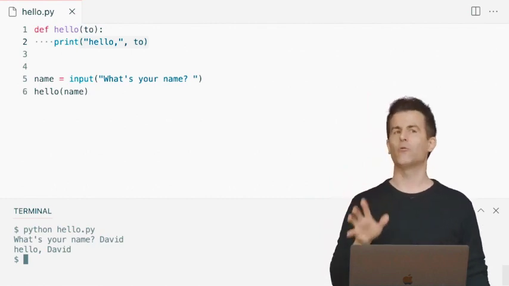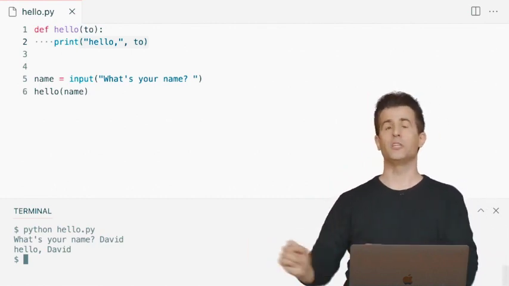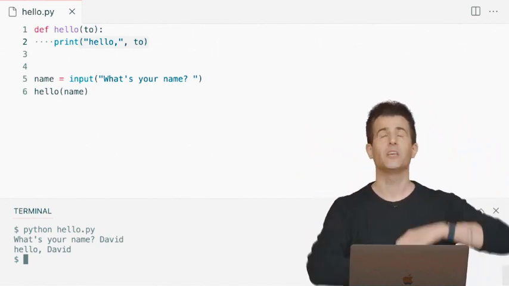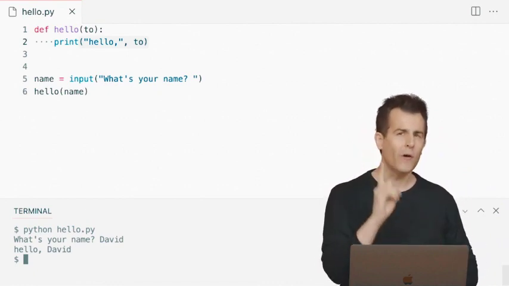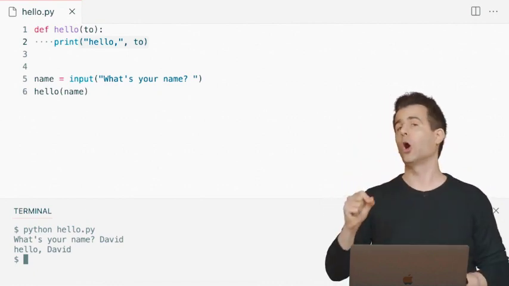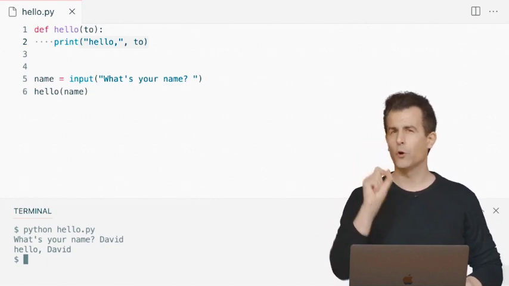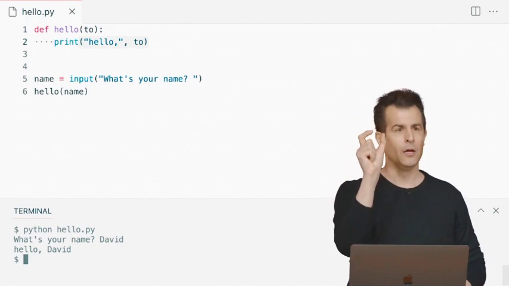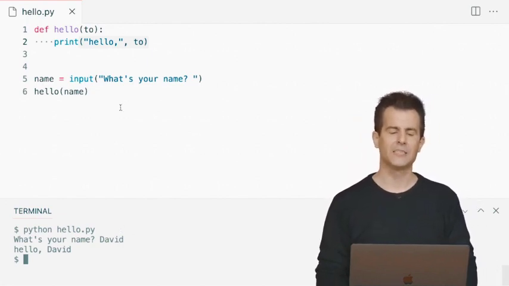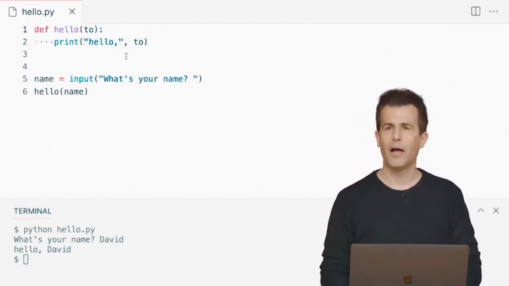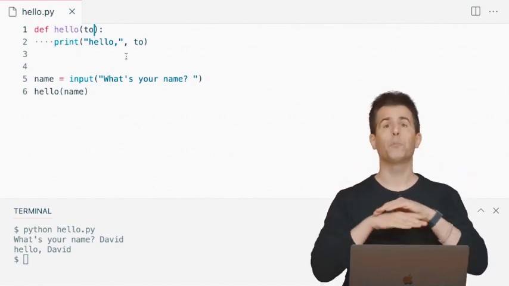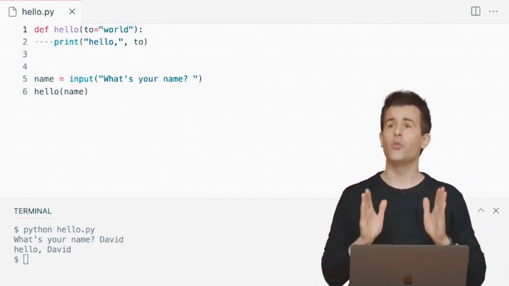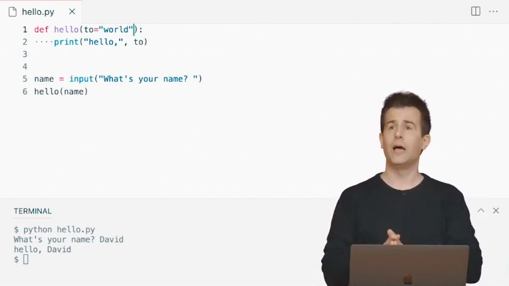And here's where now things can get really fancy. What if you wanted your hello function to say hello to someone specific, but you know what? If you don't know who you want to say hello to, you want to say hello to the whole world, you can give parameters default values. We've seen that. Recall that with print, there was a default value for sep, for the separator. There was a default value for end, the line ending. We can do that too. And here's the syntax. If you want the value of this parameter by default, if not provided by the programmer, to be equal to quote unquote world, you literally do that in the same line you're defining the function.